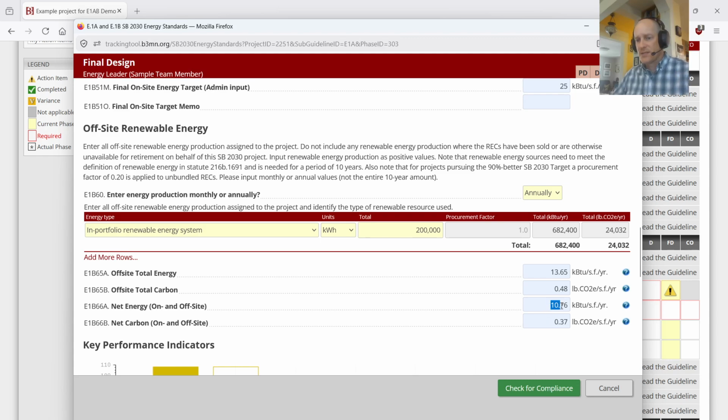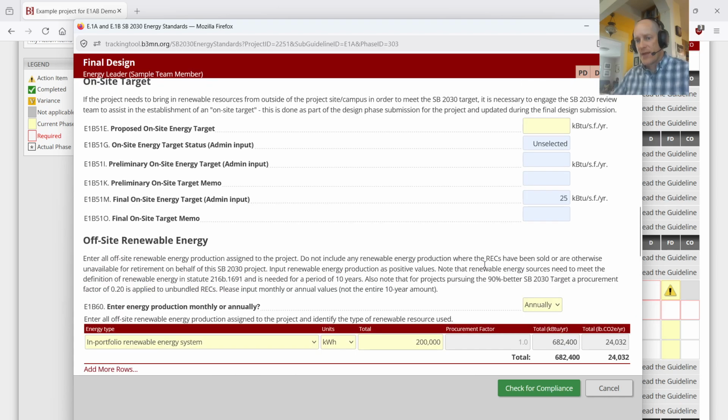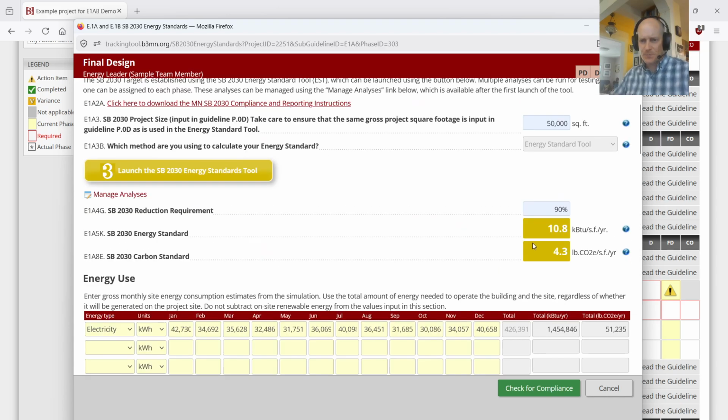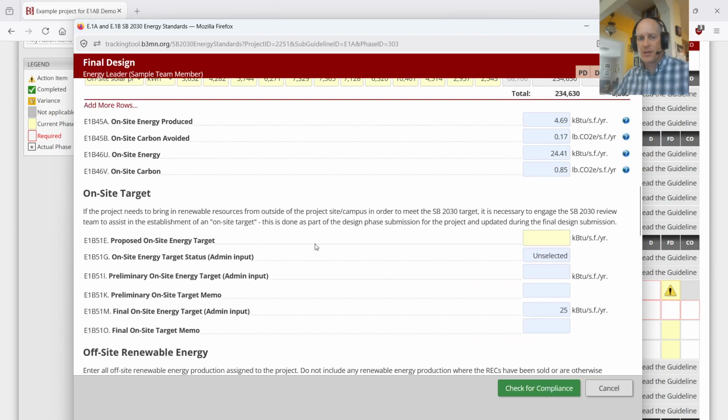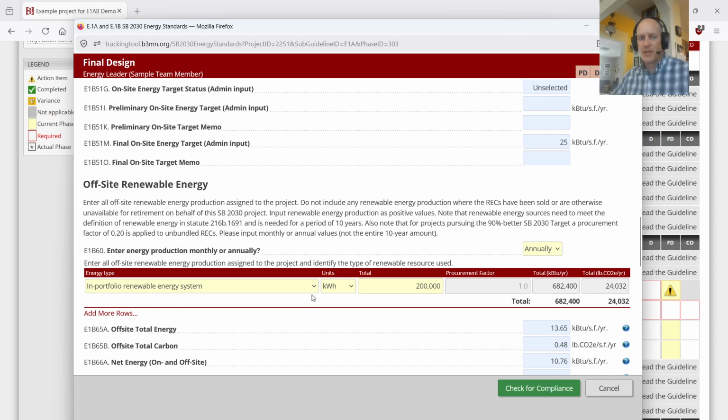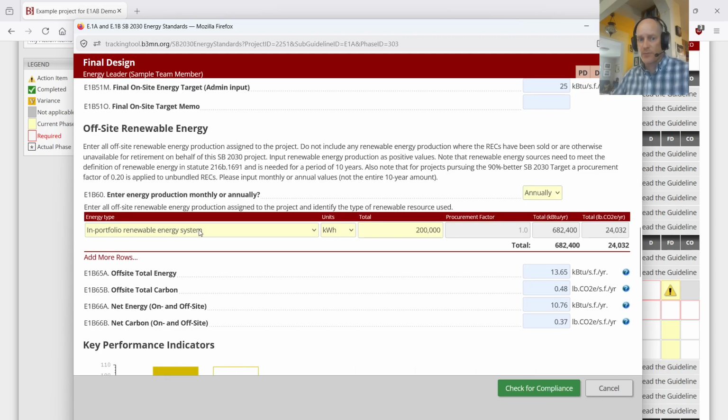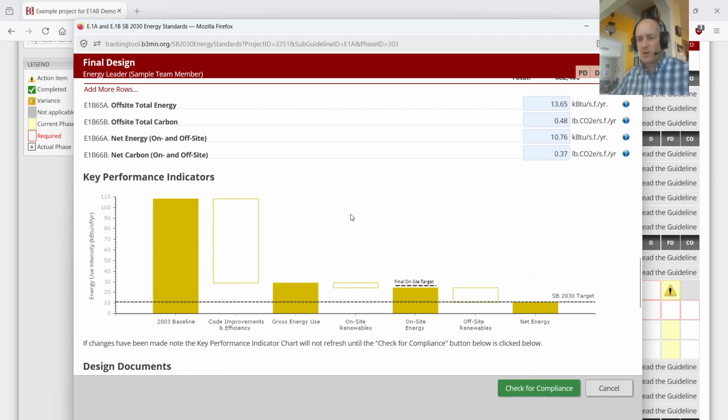So if you see here, this is 10.76, and that squeaks in under our 2030 target of 10.8 by doing a mixture of efficiency measures here, some on-site renewable generation, and some off-site renewable energy generation, in this case an in-portfolio renewable system. Shown below here is our graph of these indicators, what we call the waterfall diagram, where you have the 2030 baseline,